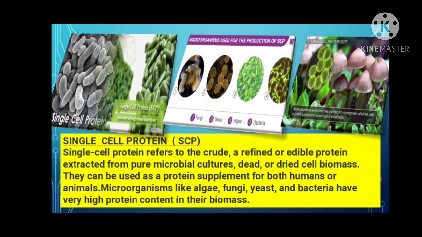Single cell protein. Normal agricultural production of cereal, pulses, green vegetables, legumes, etc. in our country is not quite sufficient to fulfill the required demand of food, as the growth rate of human and animal population is gradually increasing enormously day by day. So the alternate sources of proteins for animals and human nutrition, which are obtained from microorganisms such as bacteria, yeast and other fungus and algae, are known as single cell protein. According to the views of modern scientists, this will meet the worldwide food protein deficiency to a certain extent.